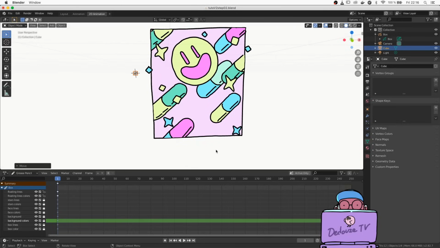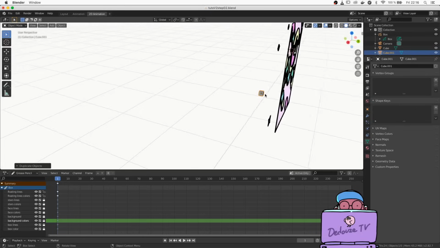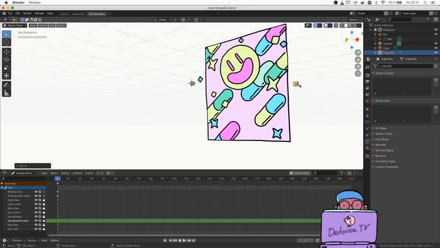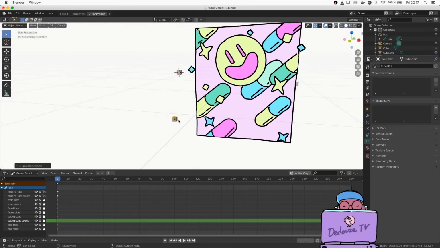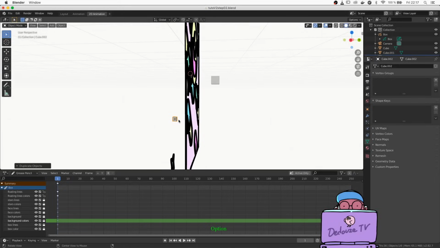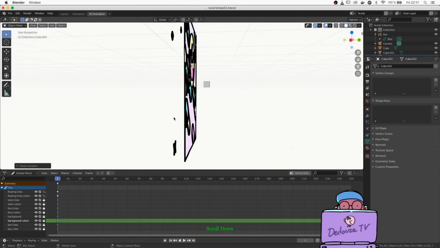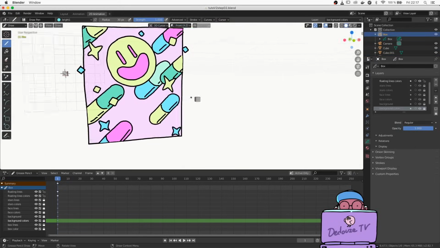And if you want to have more cubes as references for other places, while we are still in object mode, we select the little cube, we press Shift D to duplicate it and drag it somewhere in a place where we'll need to draw later. At this point you still need to rotate to side and to front to adjust the position of your cubes, but once we are all placed, you just need to Shift right click on them to move the 3D cursor.